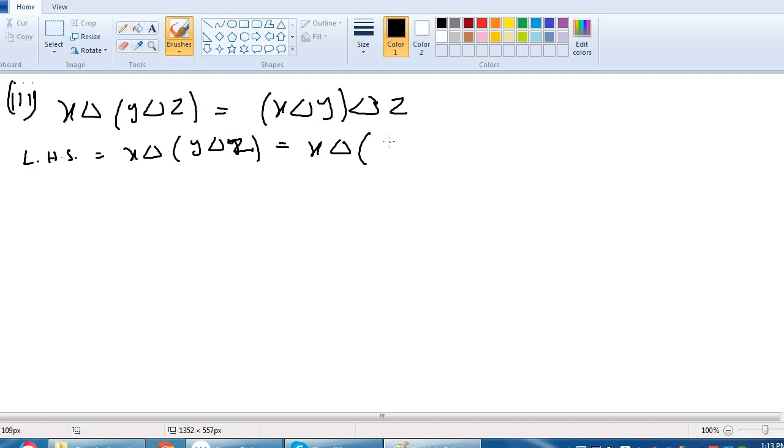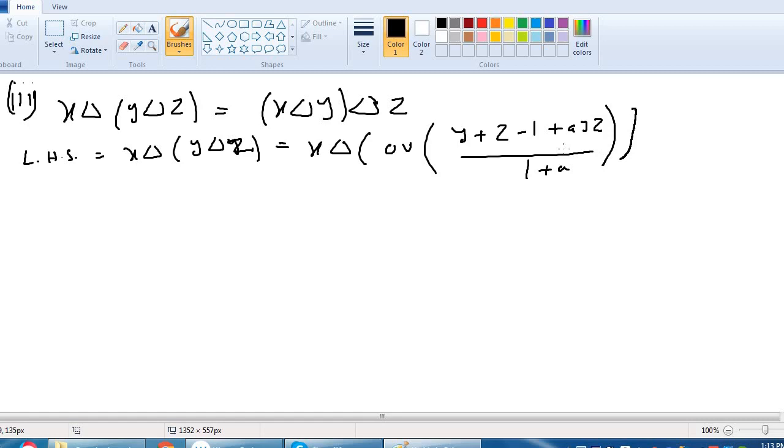we apply the t norm on y and z, we get 0 union y plus z minus 1 plus a y z all divided by 1 plus a. Bracket close. This can be written as, now we apply x on it. If we take common 0 union here, then we apply the formula x delta into this, we will get